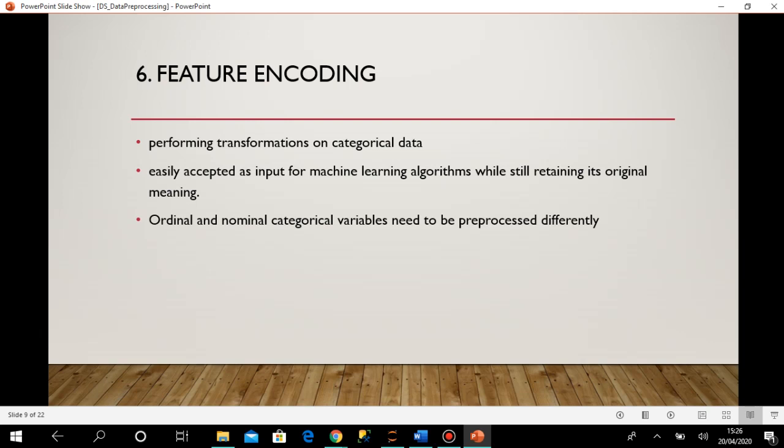Because if I assign some numeric values to that, I can say that exceptional is the highest order, and then comes very good, and then good, like that. But the gender column is categorical data, but it is not ordinal, right? So I cannot order them like that. Okay, so for that we have to handle them.